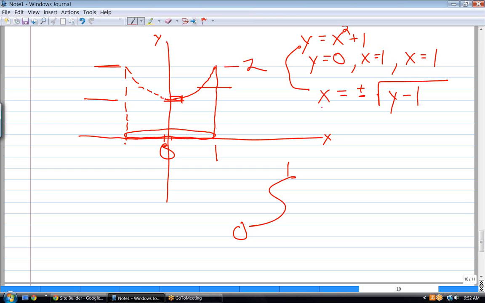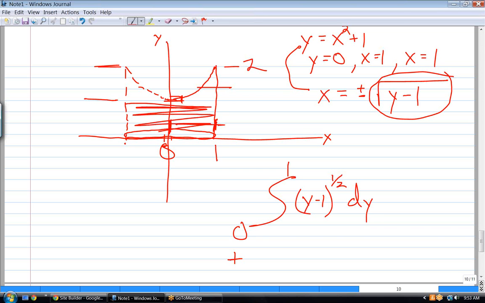Well, r is the x measurement, which is this. And I will take just the plus side of it because that gives me the radius. There's the plus side there. That's the negative side there. So I'm going to integrate y minus 1 to the 1/2 dy plus, that gives me this part here,